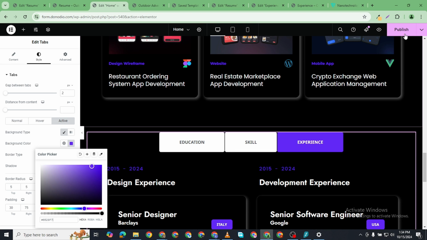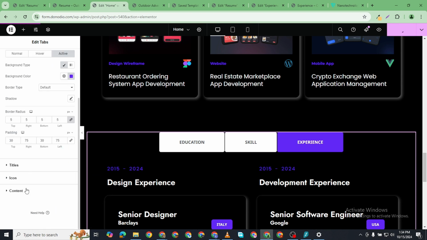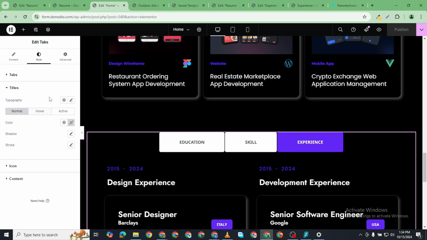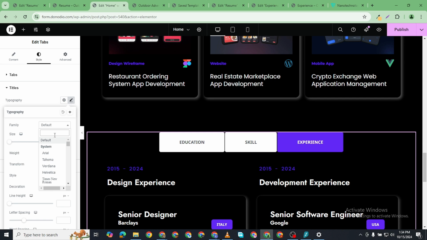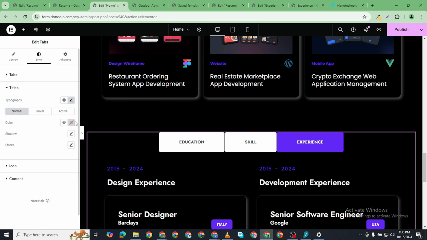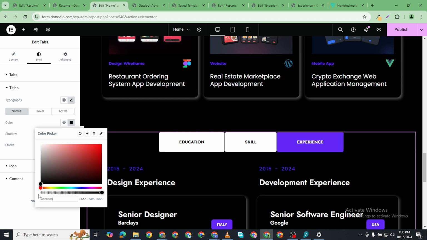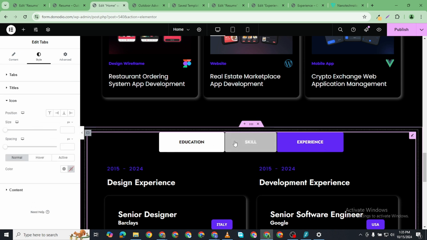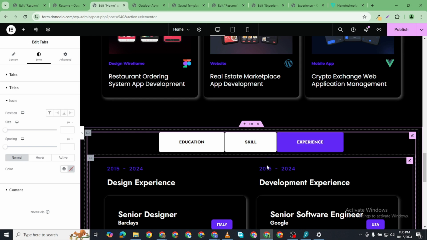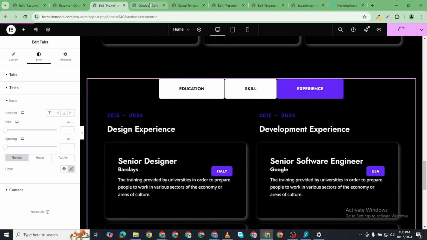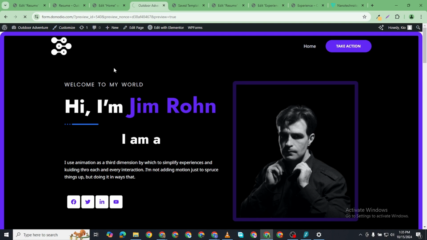I think I'll leave this the way it is. For the text color, the titles, let's see. Okay, we can change the text color here. Anyway, I'll just make this to be just, and the color, normal color, I want it to be black. So that is that. And if I publish that and I preview this,